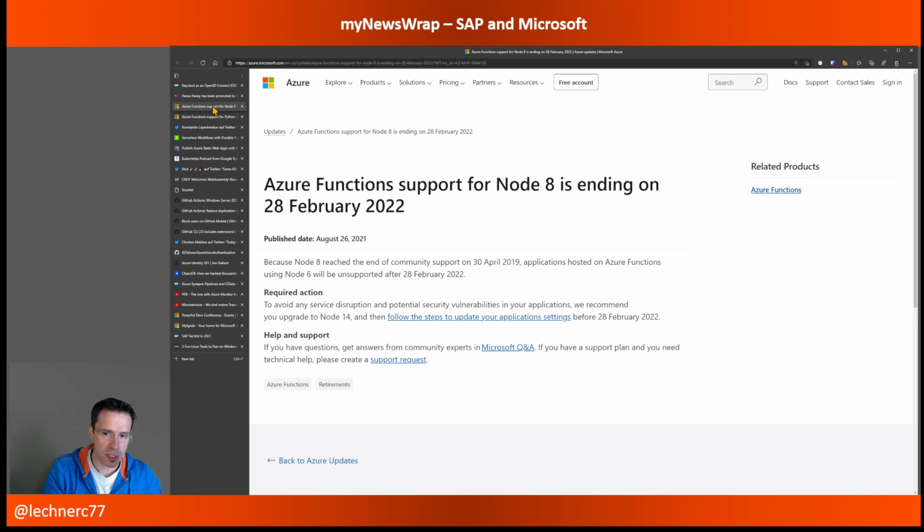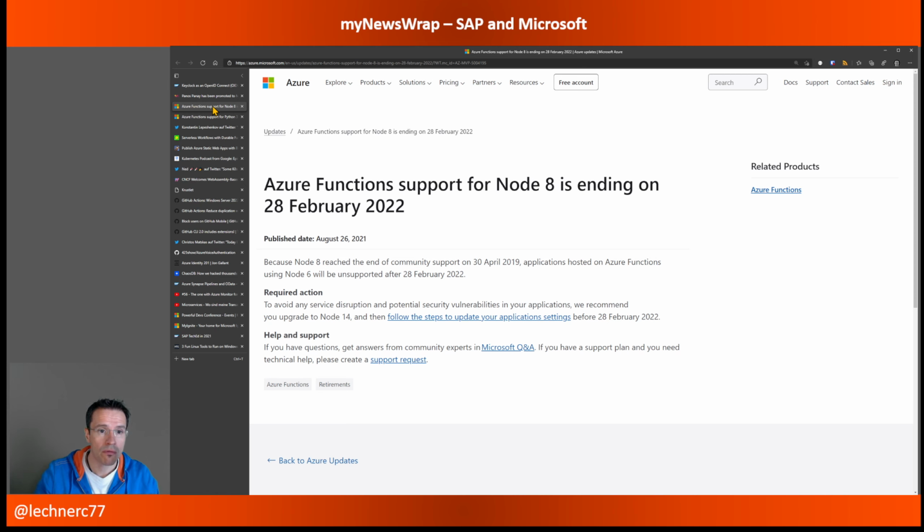So if you're using this quite old stack of Node, be aware to switch to a newer version until the end of February next year. So there is some time to do that. Anyway, the community support ended quite some time ago, so you should have updated anyway.